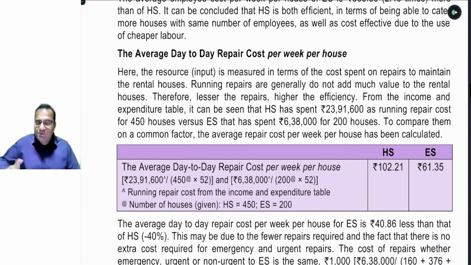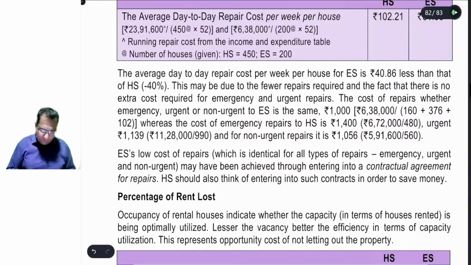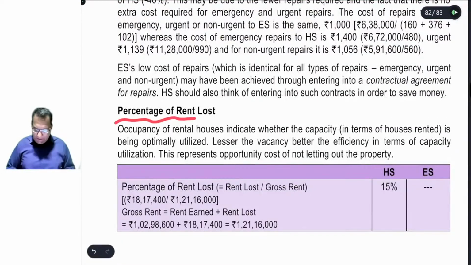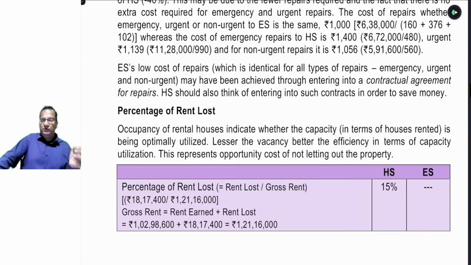सिर्फ हमें lowest price वाले product नहीं acquire करना है, we have to acquire the quality product also, है ना? फिर हम यहाँ पे check करेंगे परसेंटेज ऑफ रेंट लॉस. ये ऑलरेडी हमने देख लिया, 15% रेंट लॉस है, जबकि हमारे कॉम्पिटिटर का कोई भी रूम अनऑक्यूपाइड नहीं है. सो व्हाट आर द 3 परफॉर्मेंस मेजर? एम्प्लॉय कॉस्ट पर हाउस पर वीक. ओके, पर हाउस निकालने के लिए 450 से डिवाइड करेंगे, पर वीक के लिए 52 से मल्टीप्लाई कर देंगे.